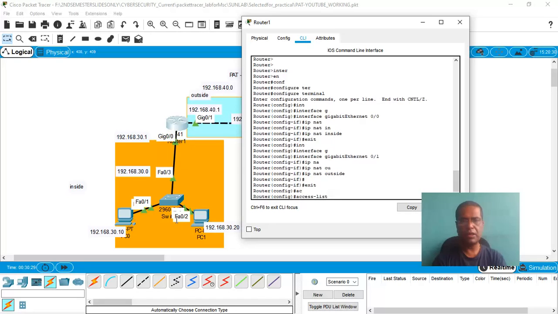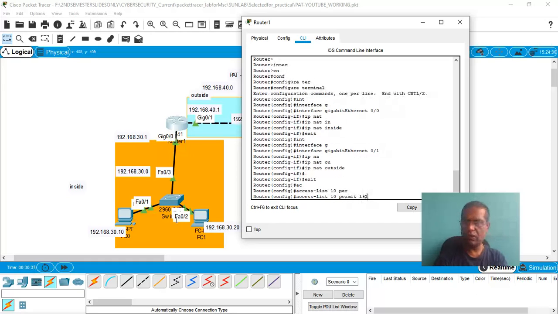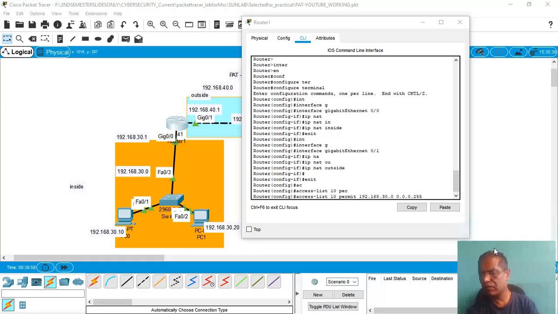So access list 10 permit 192.168.30.0, the wildcard 0.0.0.255. So this covers all the machines in the network 192.168.30.0.